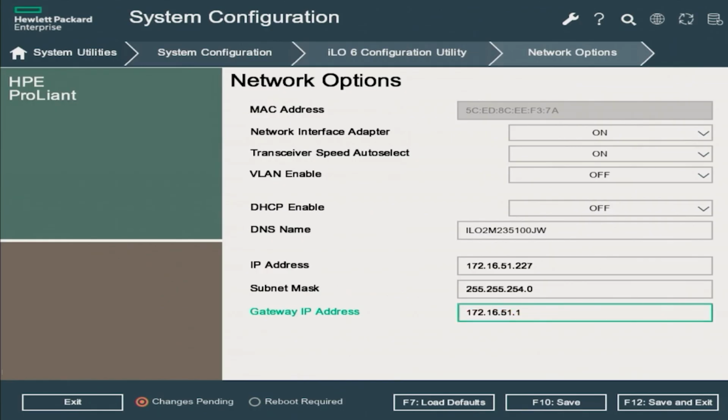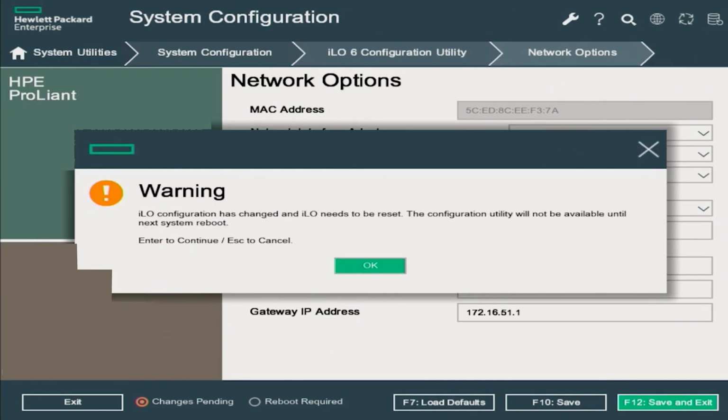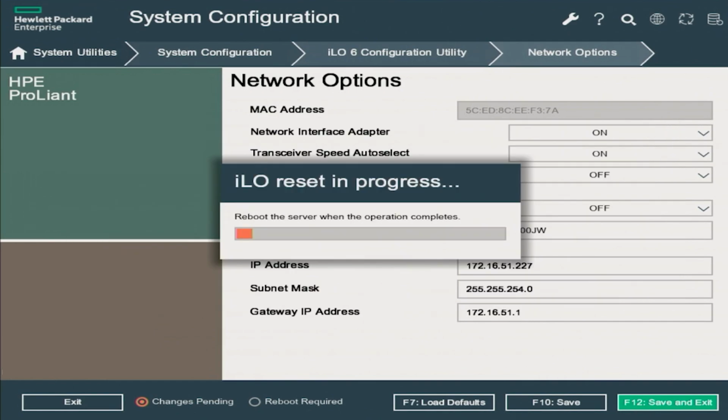Now, press F12 to save and exit. The system will ask you if you want to save the changes. Click Yes to save the changes. There's going to be a warning message that pops up that's just going to let you know that the ILO configuration has changed and needs to be reset. Click OK. Now the ILO will reset and prompt you to click Reboot to reboot the server. So essentially you're just going to reboot your server, and when the server pops back up, your IP address will have changed and been saved to